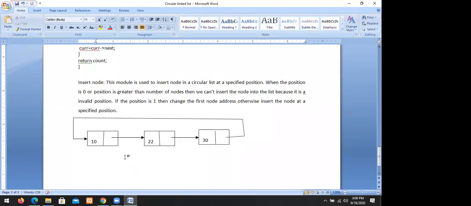So this is the already existing list. Let us assume that this is an existing list. This is my existing list.